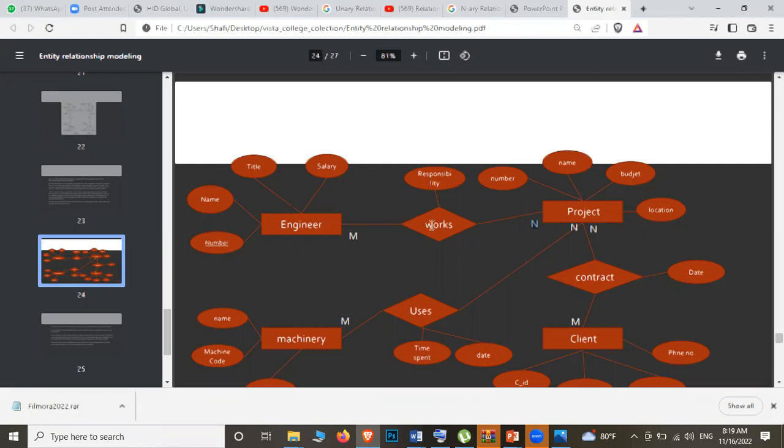And responsibility. So engineers working on projects, right? So when they are working on a project, they are having responsibility. Both engineer also having responsibility, project also having responsibility. Okay, මේක දෙකම බලාගන්න. ඒ කියන්නේ මේ කාලෙදී මේ project එක මෙහෙම ඉවර කරන්න ඕනේ. මේ parts ඔක්කොම ඉවර කරන්න ඕනේ කියන එක responsibility එකක් නේද?